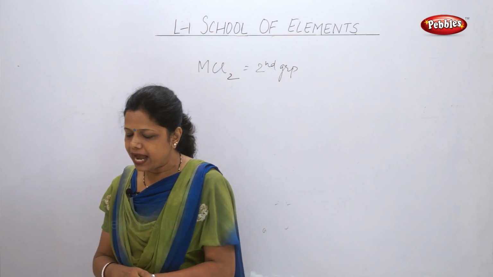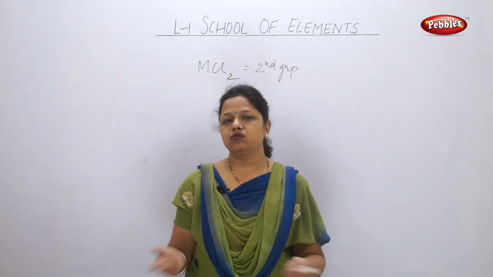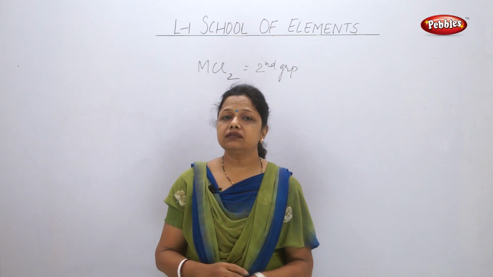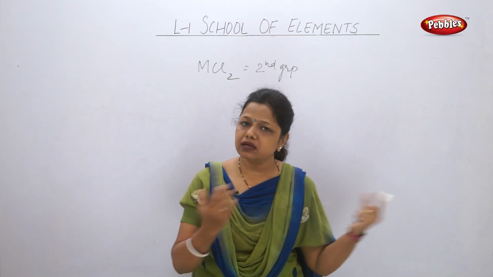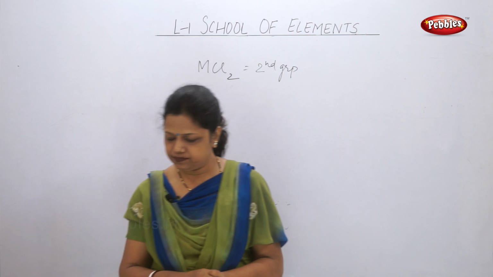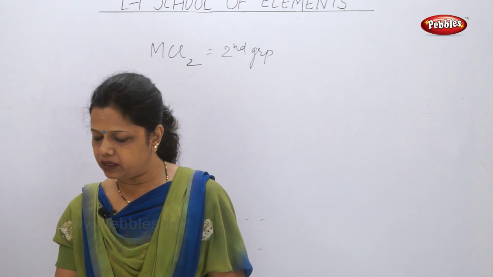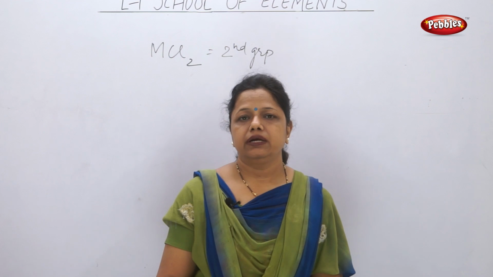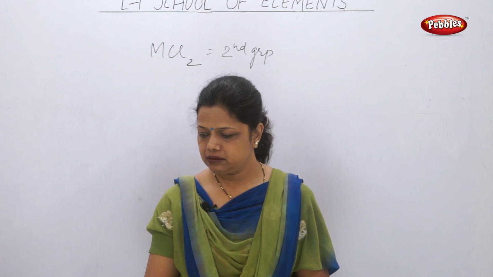Second one, dash group in the periodic table contains elements that are all gases at room temperature. So the answer is inert gases, which is present in the 18th group, the last group of the periodic table. Third one, the arrangement of elements in a group of 3 is known as dash. It is known as triads, TRIADS.